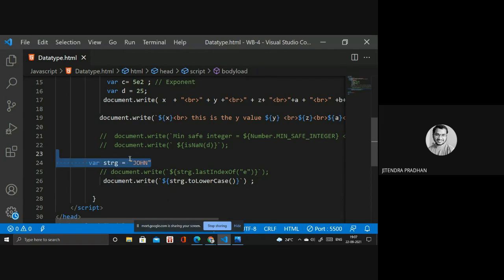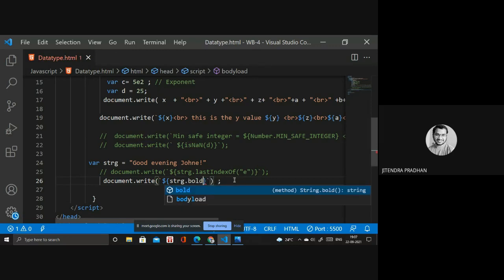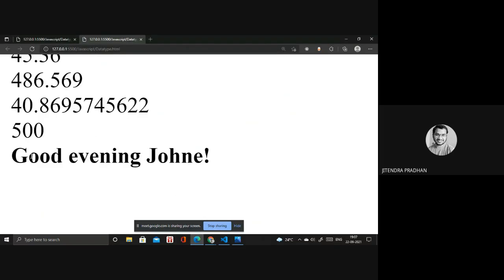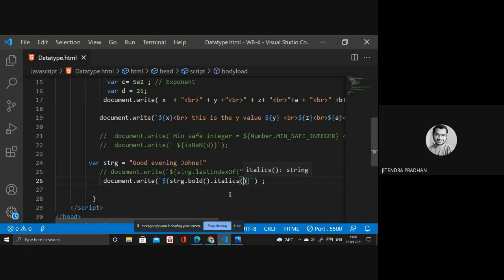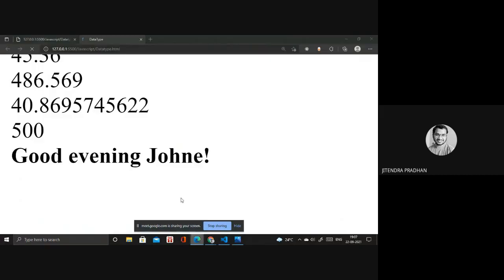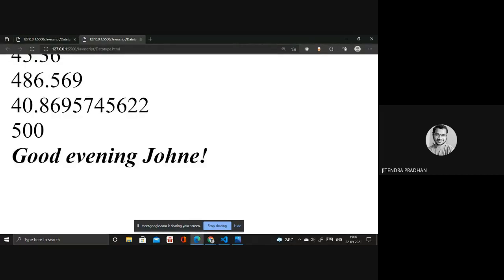So I will write something fast. Next thing I need is bold. Okay, this is the bold. If you want italic, dot italic. Okay, it's italic now.